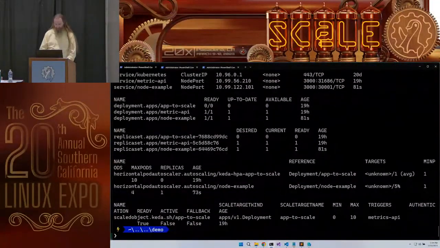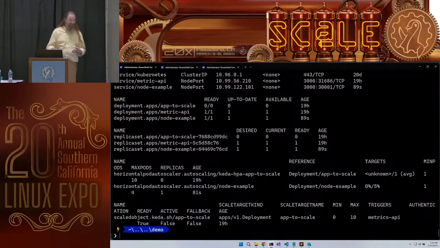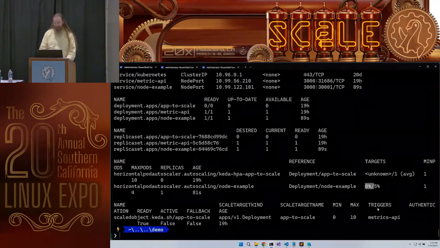The cool part is that you can set the timer up and down a little bit, but by default it's only 10 seconds. The lowest it can go is 10 seconds. So yeah, I have to waste 10 seconds here. Cool. So right now we're using 0%.